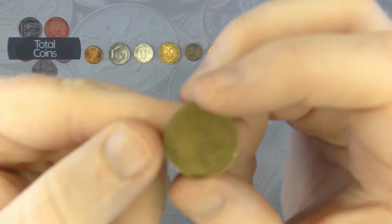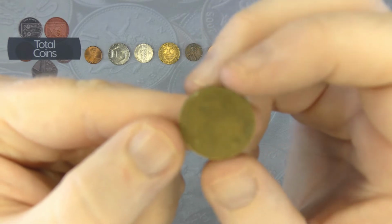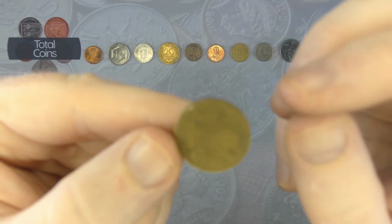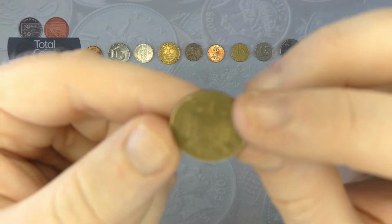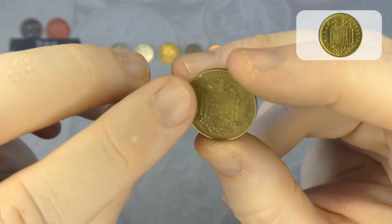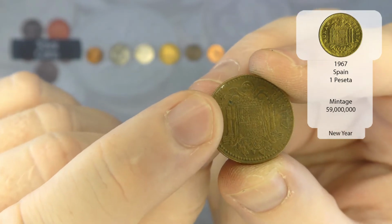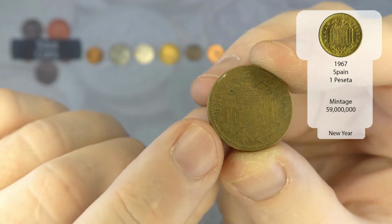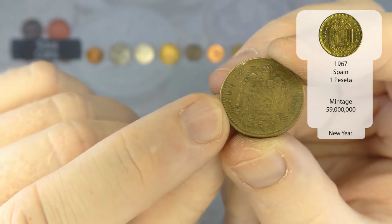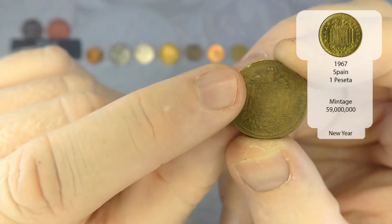Next one we've got is a Spanish 1 peseta. With the Spanish coins, there are 2 different years printed on the coins. You have a little star just at the top there. That will be the year of mintage. So you see there will be 2 stars. The bottom star will always have like 19 in it, and then the top star will be the actual year